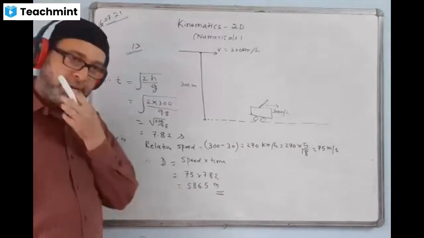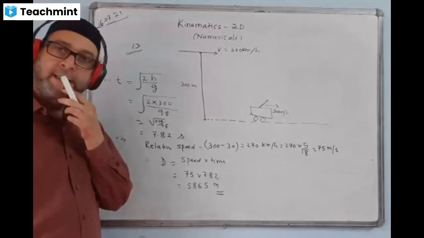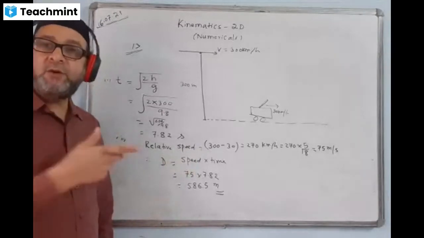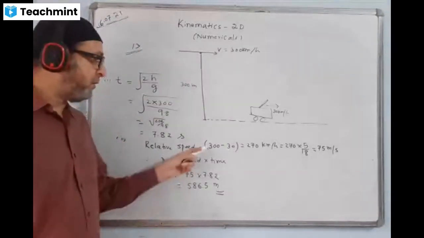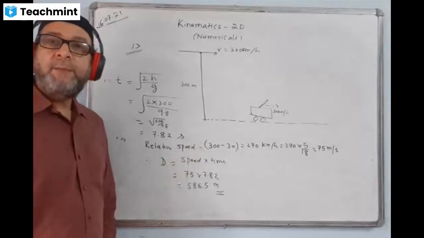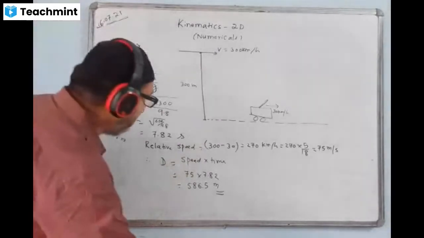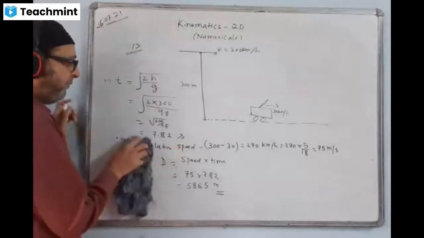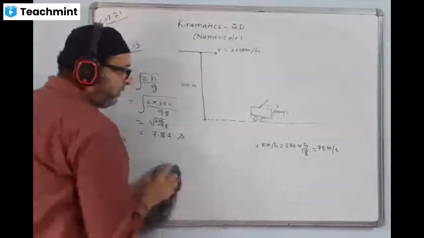Have you understood this part? There is another method of also doing it. If you have understood it, well and good. By chance, if you have not understood, then I'll do it like this. This is a shorter way. If you have not understood this method, then I'll show like this.